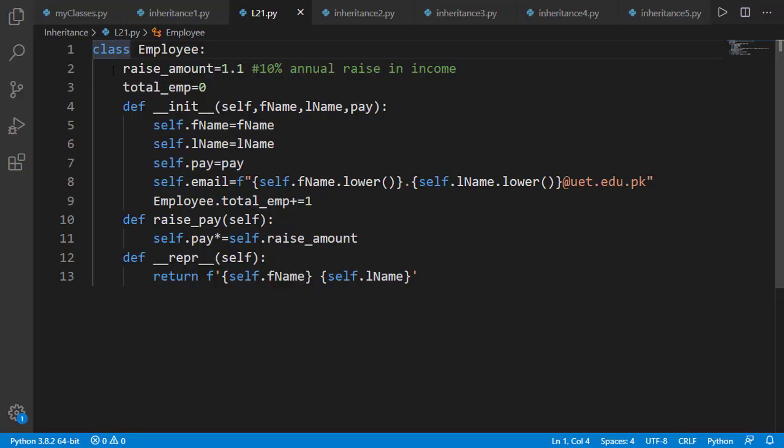Here we have the employee class. There is an init method with fname, lname and pay as input arguments, and we are setting those inside the method. The attribute email is being set using fname and lname. Also there is a variable total employee equal to 0 on line number 3, and inside the init method, it is incremented by 1 whenever an object is created to record the total number of employees